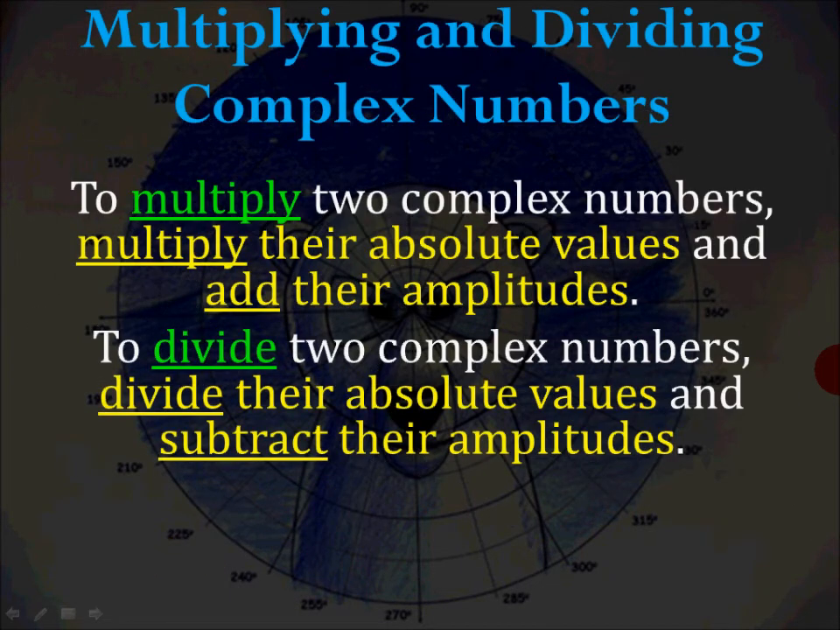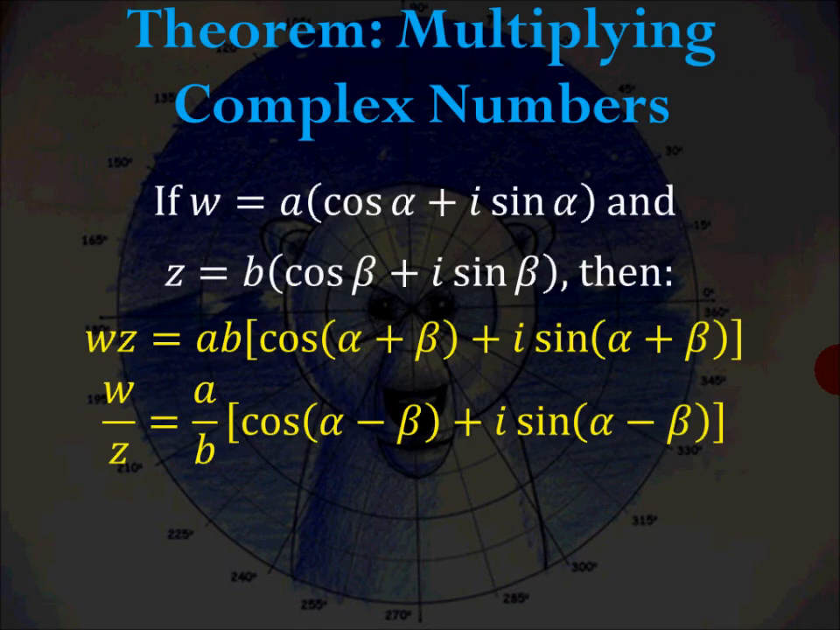Finally, multiplying and dividing complex numbers. To multiply two complex numbers, multiply their absolute values and add their amplitudes. To divide two complex numbers, divide their absolute values and subtract their amplitudes. Now you can see how this looks in formula form. If w is a cosine alpha plus i sine alpha and z equals b cosine beta plus i sine beta,